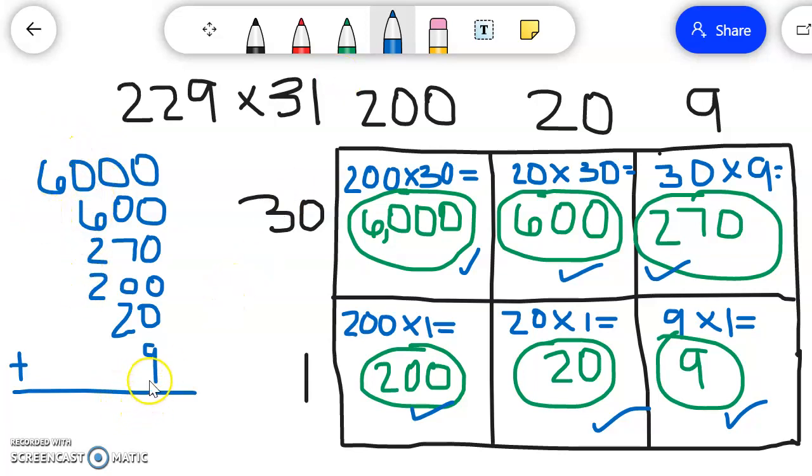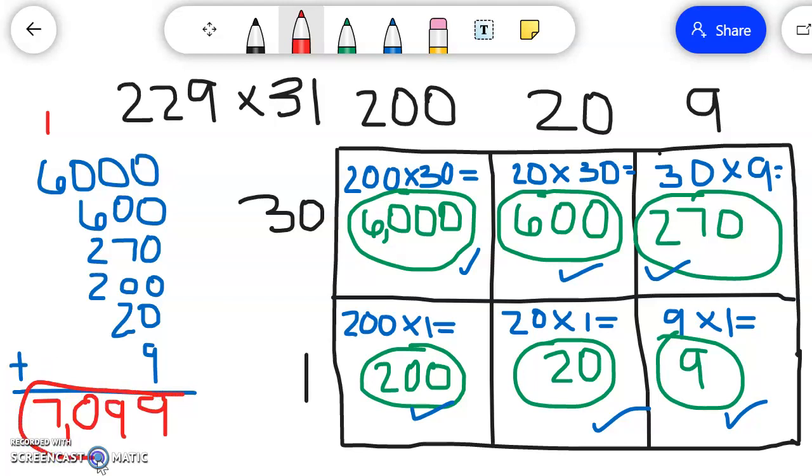So now I'm ready to add. 9 plus 0 is 9. 0 plus 0 plus 7 plus 0 plus 2 is also 9. 6 plus 2 is 8. 8 plus 2 is 10. So that 0 is going to go in the hundreds place down low, and the 1 is going to regroup to the thousands place up top. 6 plus 1 is 7. So my final product is